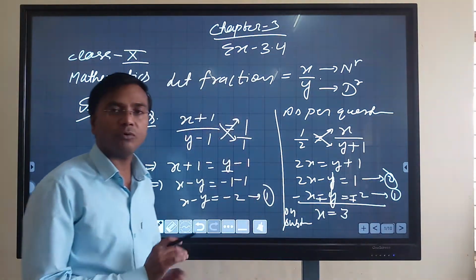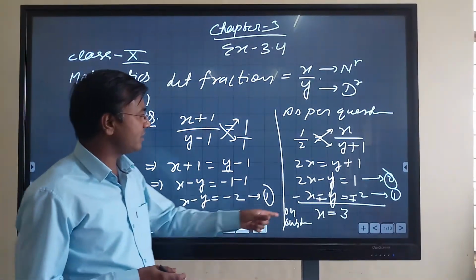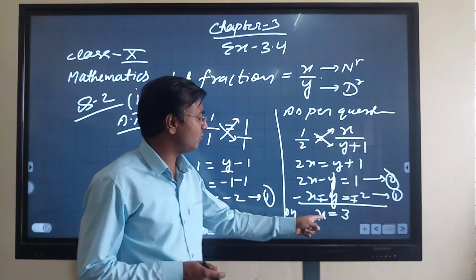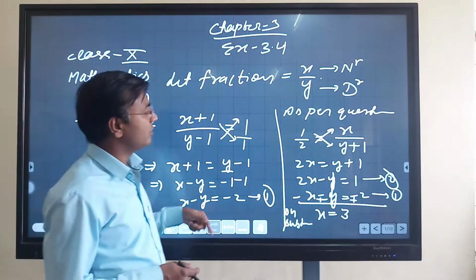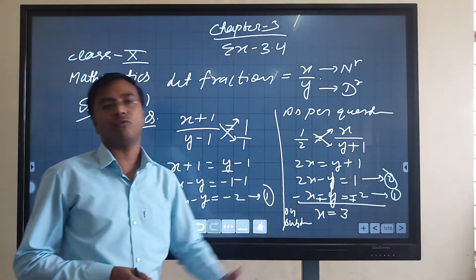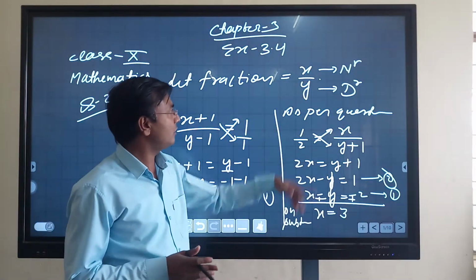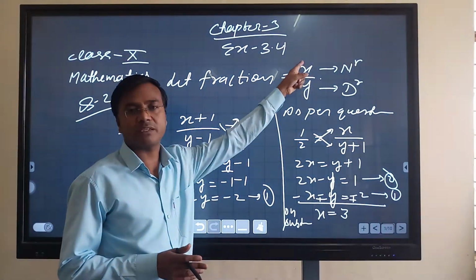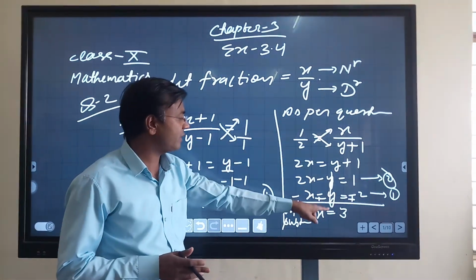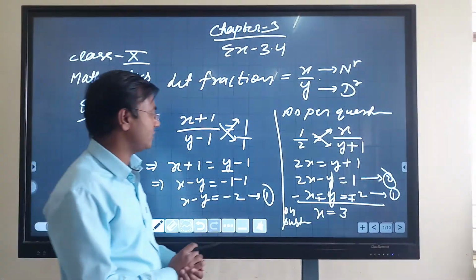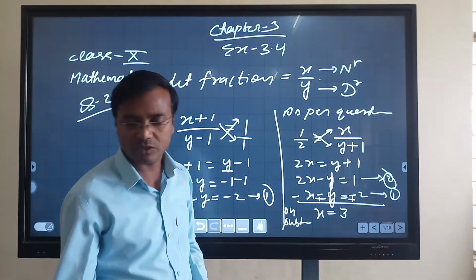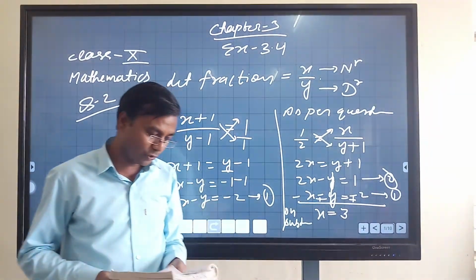So this is the value of x. And now I think it's very easy. Substitute this value of x where? In equation first, here at the place of x, or in equation second, and get the value of y. And after getting y, you will get what? The fraction x upon y. So write the values of x and y finally here at the place of x and y, and you will get the fraction. So I think this elimination method is clear to you.